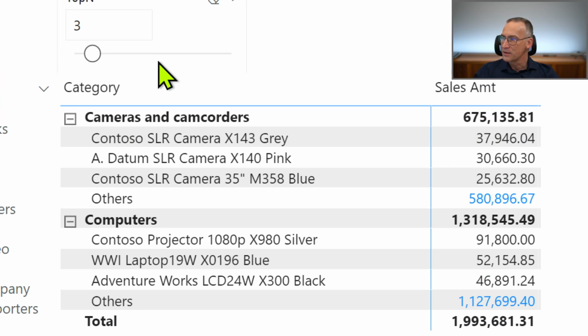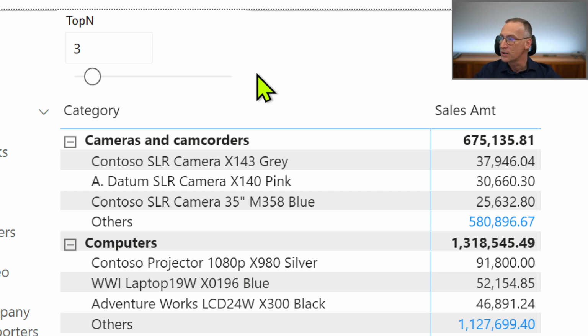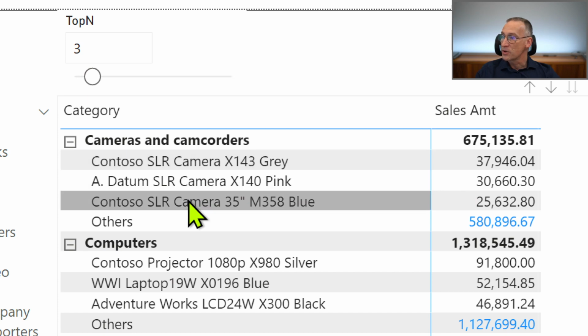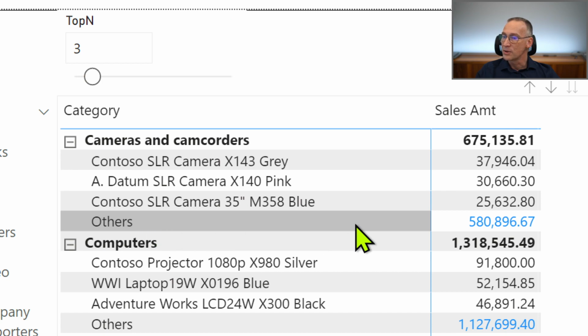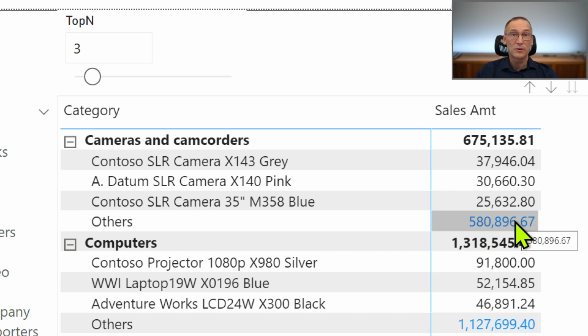Okay, here is the file that you can download from the article, and you see that I'm showing in sales amount the top 3 products, just because I chose 3 here, and there is this additional row others that contains the sum of all the other products, that is the products that are not part of the top 3. As I said, I'm not going to explain you how to write the sales amount. We're going to look at the code, we're going to change it, but I'm not going to provide a detailed explanation. That is available in the previous video. Instead, what I want to do is work